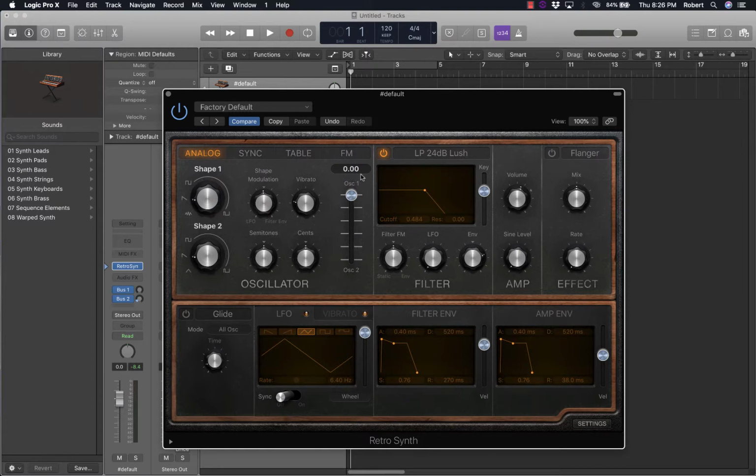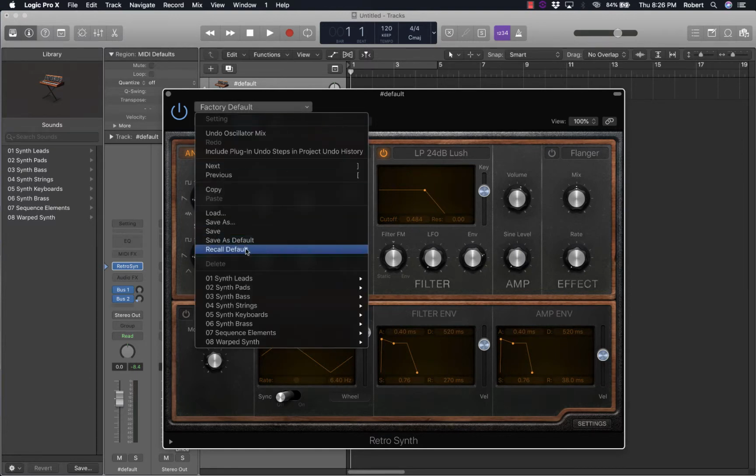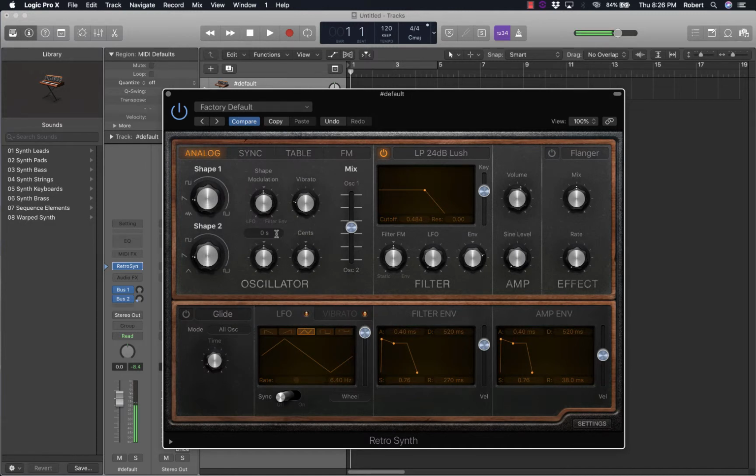For example, if I simply go to factory default, recall default, and I'll just play a note. If I go to oscillator 1, that's the sound of oscillator 1, oscillator 2. They're both set to the same type of wave form. So if I change that to a square wave, go to oscillator 1,